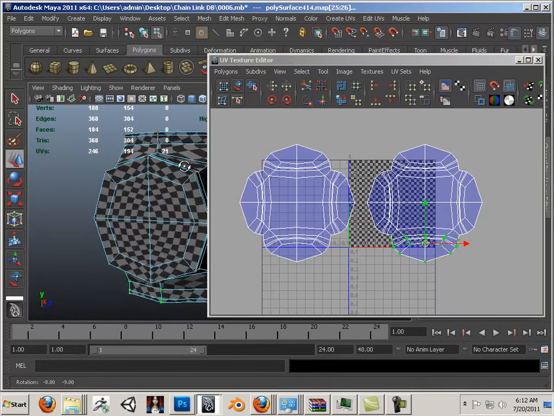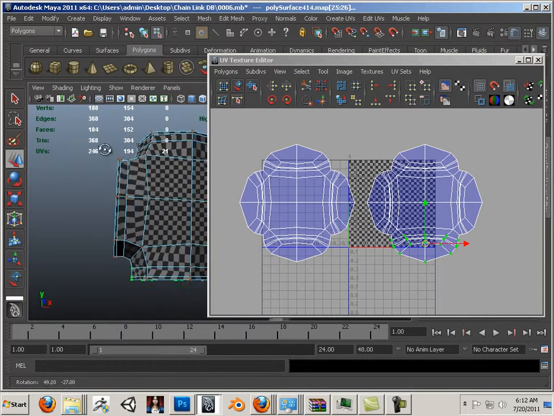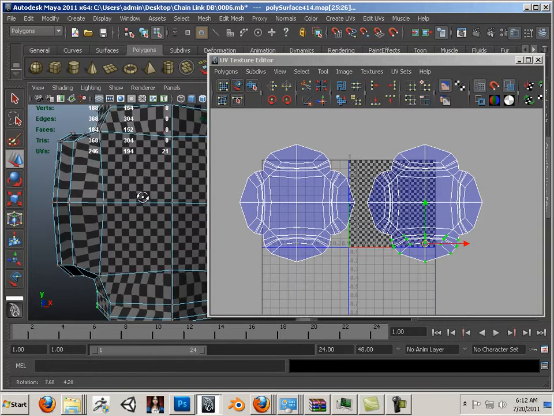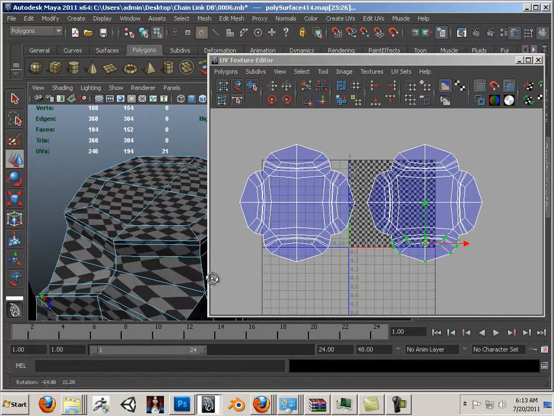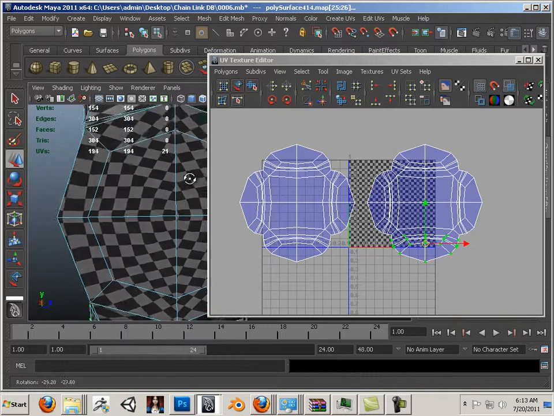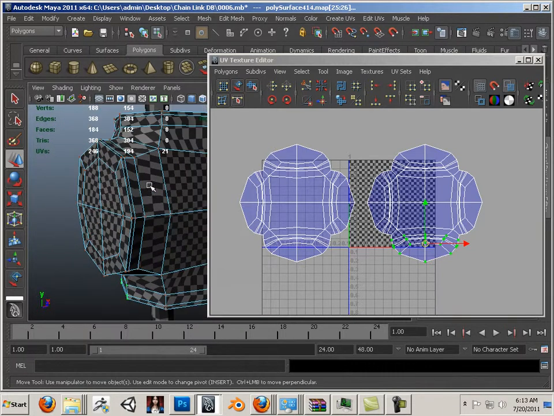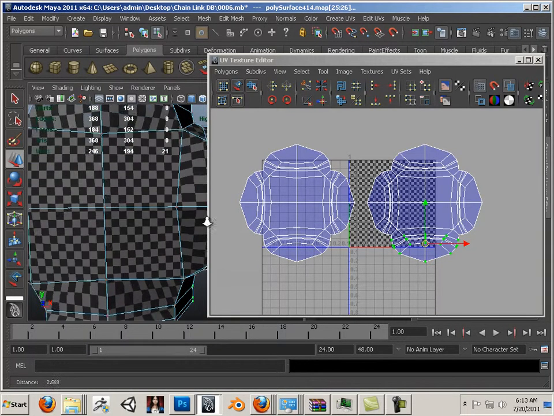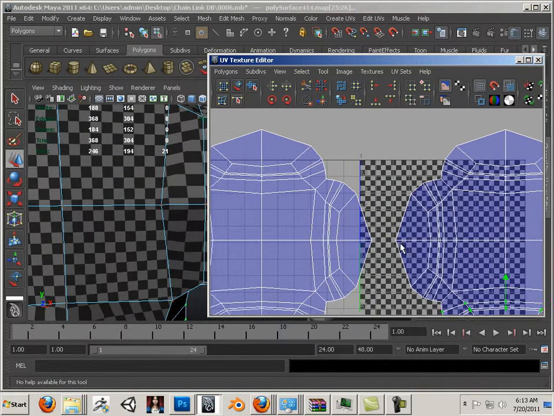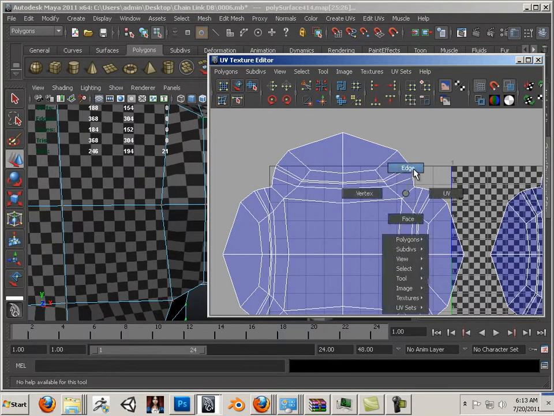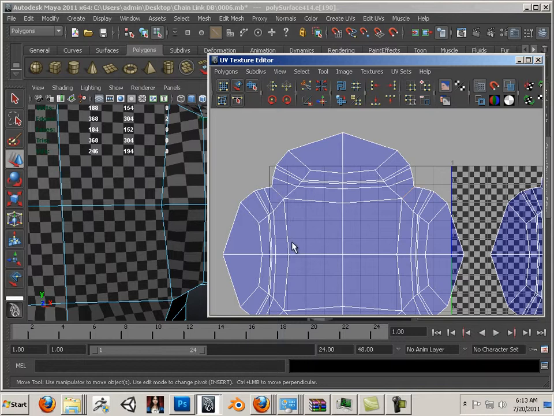Okay, so those parts are done. You can see all the squares are about the same size, and that's what's important here. I'm not really concerned about stretching too much on this part. The actual texture is going to be so small that it's almost going to be incomprehensible how small it really is. But let's say I want to make it just a little bit better,